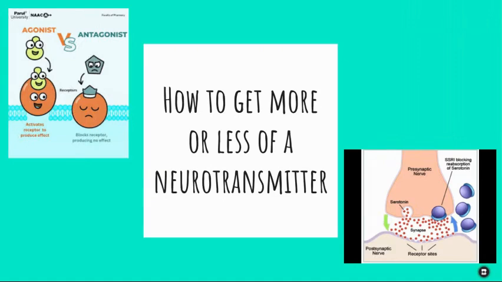So you think about serotonin. If we don't produce enough serotonin, is it possible to get more serotonin in order to maybe not have depression? And the answer to that is yes. And that's by looking at the options that we have for medications. So there's medications that work as an agonist, medications that work as an antagonist, and medications that work as reuptake